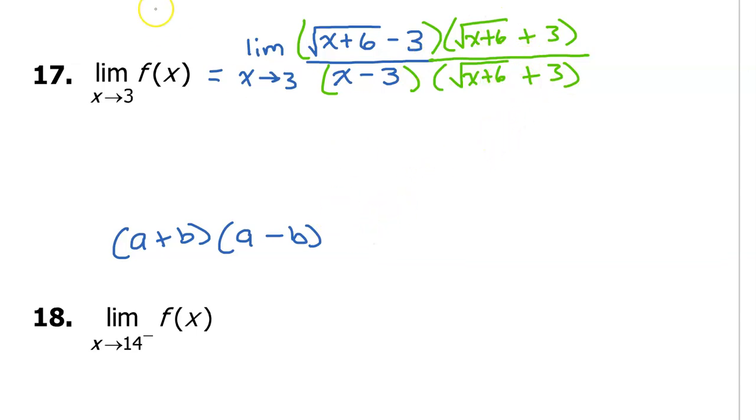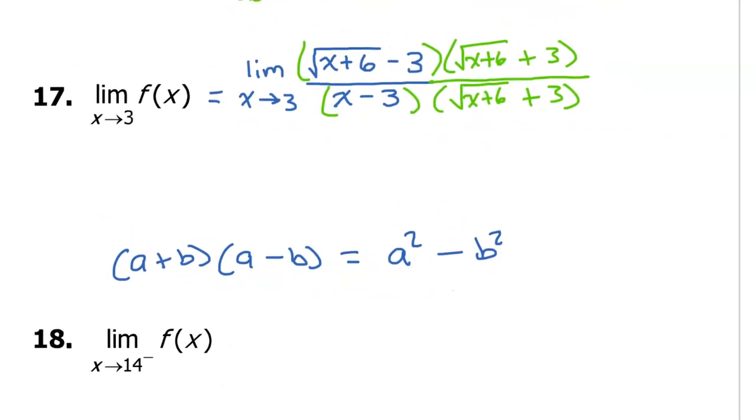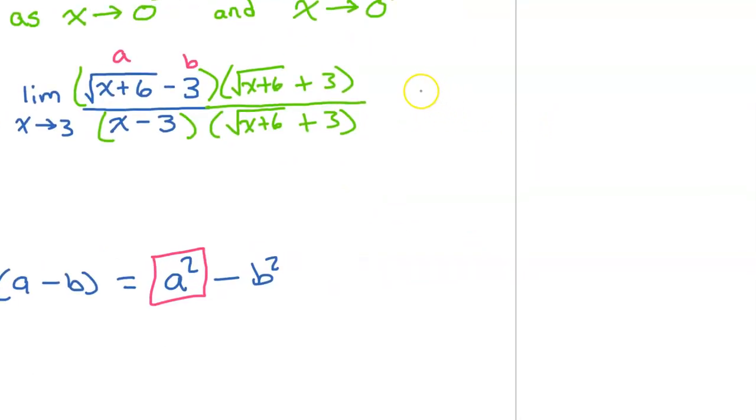So the beauty of multiplying by the conjugate is that you always end up with a squared minus b squared. In this case, my a is this, and my b is this. If I take a square root and I square it, because I'm doing a squared, the radical goes away. So on my next step,